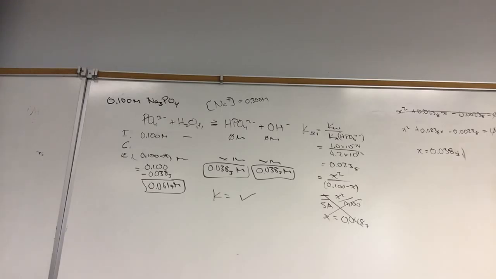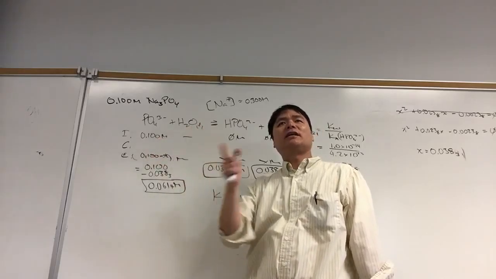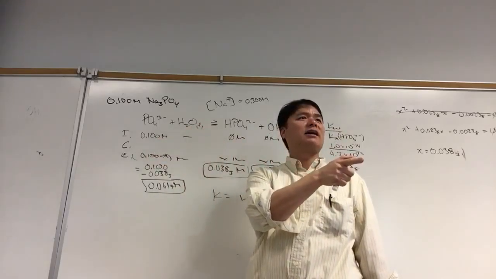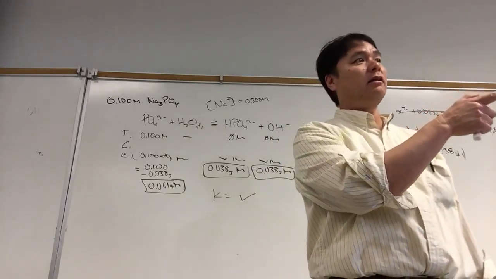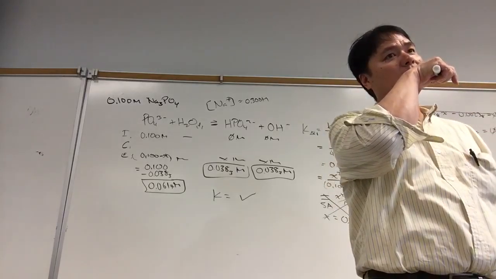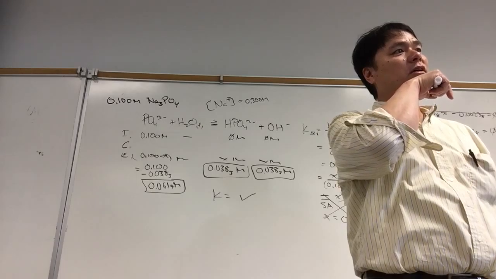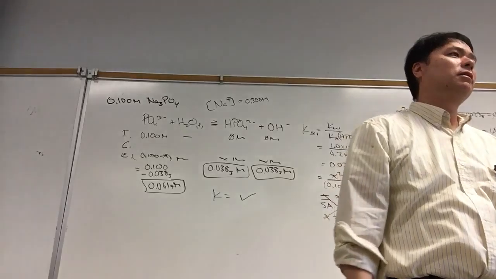okay, if you have a very big change, the quadratic fails. Let's say you started off with 0.100, and the change is 0.9999999. How many digits is that? Like 7 or 8, 999? Then the quadratic is going to fail because your calculator doesn't carry that many digits, and the quadratic fails. That's why you have to